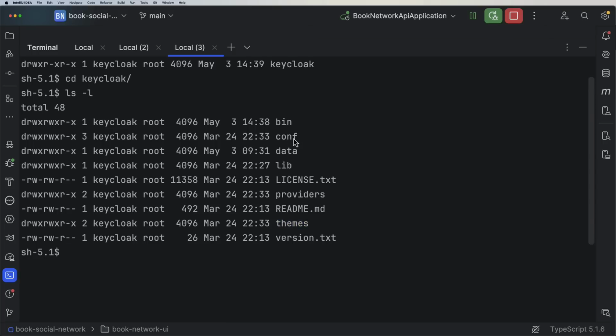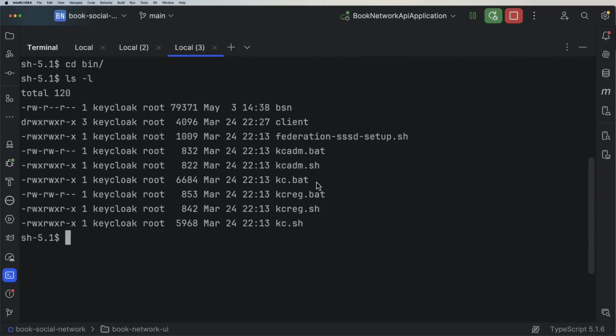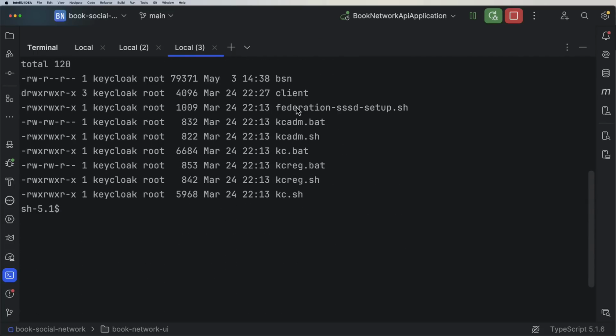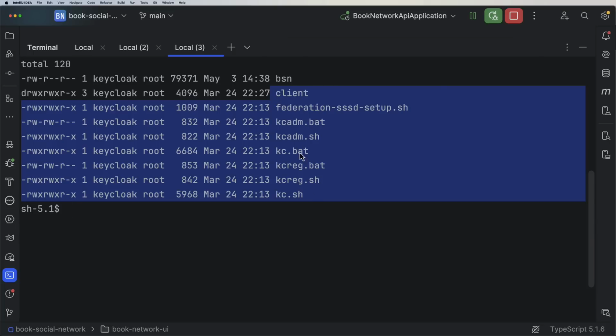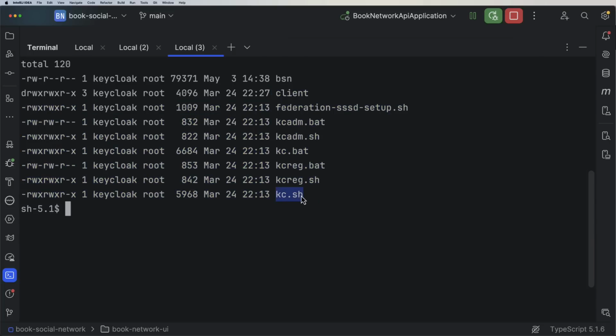Now we need to navigate inside the bin folder. Here, if I ls, we see that we have a bunch of shell script files. Among these, we have this kc.sh. Now, in order to export the configuration, we need to use ./kc.sh for Keycloak, and then we want to run the export command, and then --file,